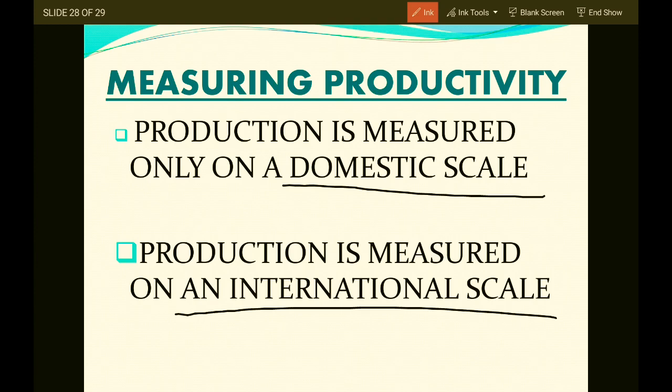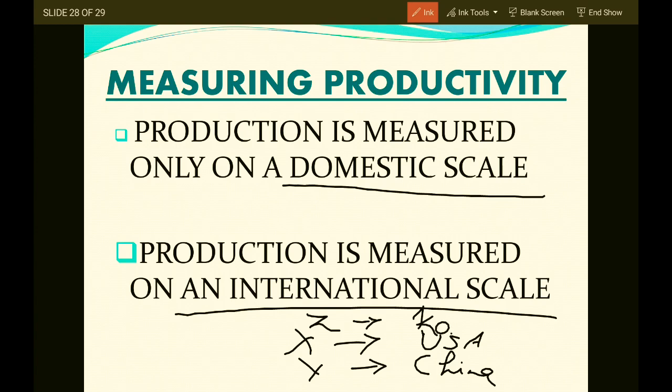See, basically, I'm an Indian. I'm working in USA. Or for example, X is working in USA, Y is working in China, Z is functioning in Korea, and all are citizens of India. So they are contributing towards production of goods and services on the international